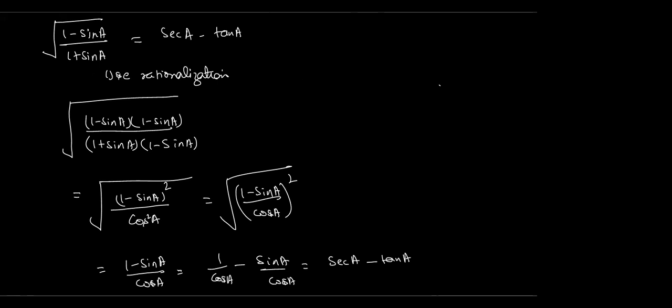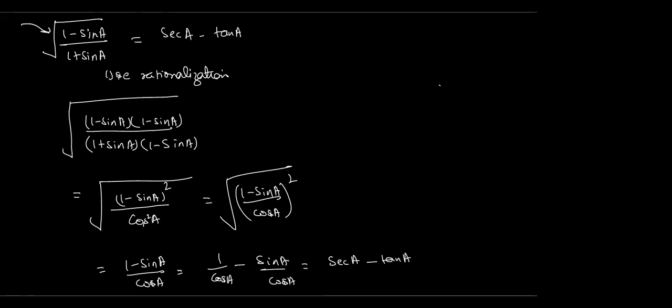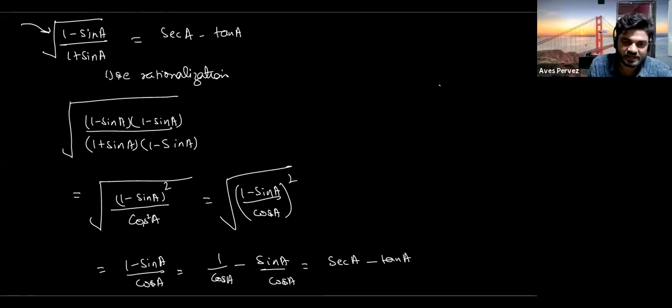So rationalization, we use rationalizations. If we have such a type of problem, we will do the rationalization. So what will we do in this problem? Tell me. We will multiply this one with 1 minus sin a in the numerator and the denominator because it is a plus sign. So we will have to multiply this one with 1 minus. Got it? It is a must that whatever we are multiplying in the numerator, the same will be multiplied in the denominator.